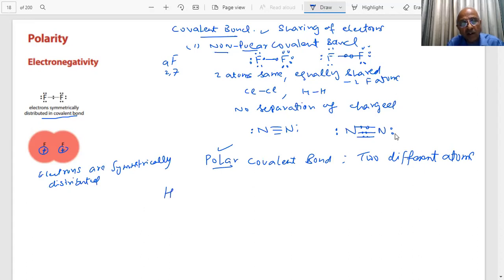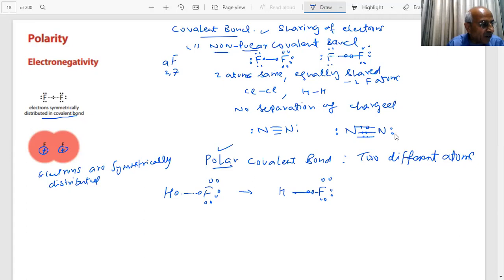You have hydrogen. Hydrogen has how many electrons in the outermost shell? You have fluorine. How many? One, two, three, four, five, six, seven. Okay. When they form a bond, students, what will happen? You have fluorine, students. There is a pair of electrons here. Which of the two will attract the electrons more strongly towards itself? Now, these are the two electrons. You will find that these electrons are more towards the fluorine, students. Why? They are more towards the fluorine as compared to hydrogen.